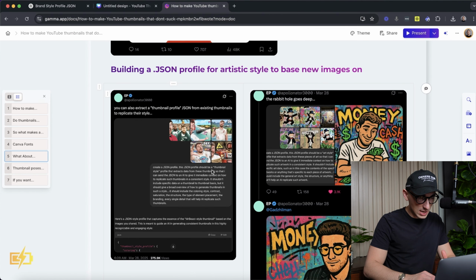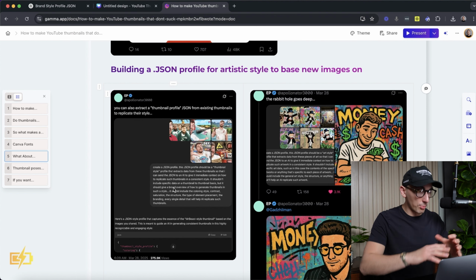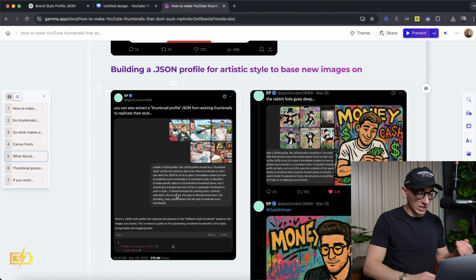This should be a thumbnail style that extracts data from these thumbnails so that I could send the JSON to an AI to give it immediate context on how to replicate such thumbnails in a consistent style. It shouldn't include specific data on a thumbnail-to-thumbnail basis, but it should give a broad overview of how to generate thumbnails in this style. It should include the coloring style, contrast, saturation, structure, type of element, placement, branding, every single detail